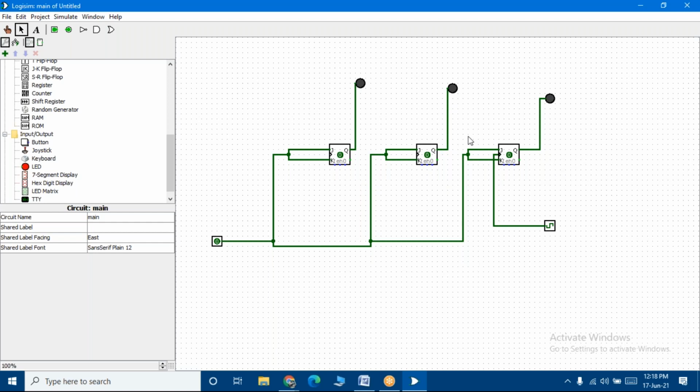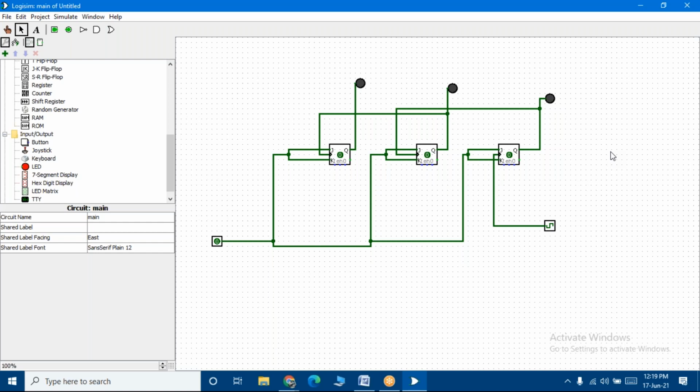Students, if you observe, this output becomes the clock input of the previous flip-flop, right? As per the definition, I'm connecting the output of the next flip-flop to the input clock pulse. Similarly, check where I'm going, this output becomes my clock input. According to the definition, students, this completes my connection.